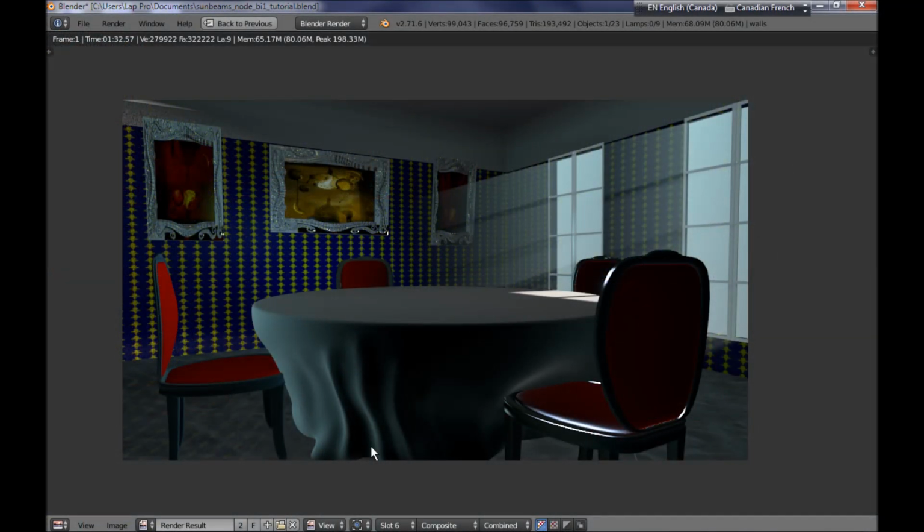My name is Drakulic, and in this video tutorial I'm going to be showing you how you can use the all-new Sunbeams node available in Blender since version 2.72. The Sunbeams node allows for getting those sunbeams or crepuscular rays that are generated by the dust or the humidity